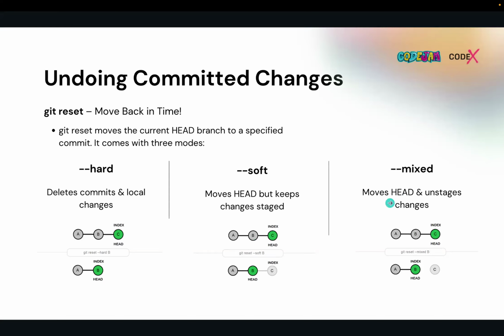Okay, then when you use the mixed approach to reset, it will go back in time up to a particular commit, and the changes done afterward will remain as unstaged.